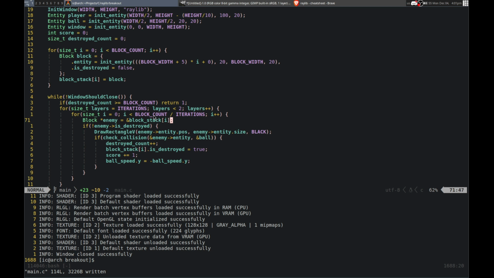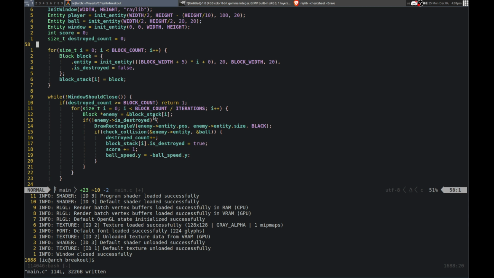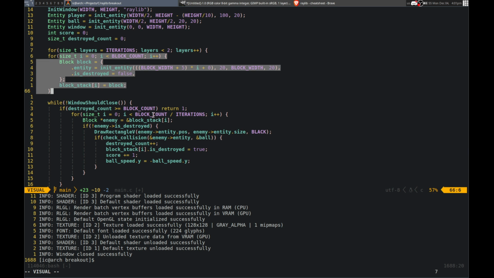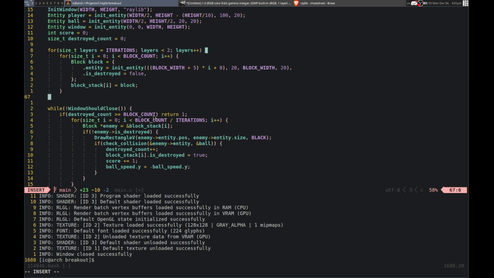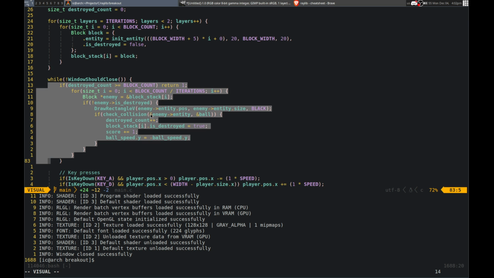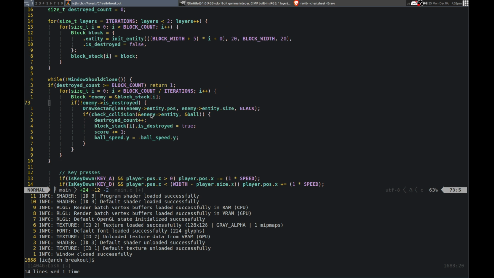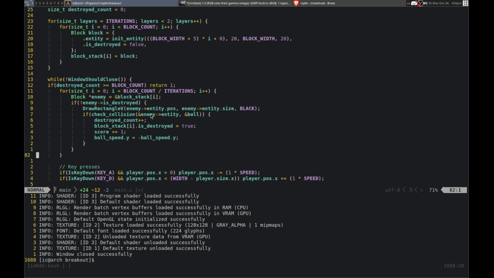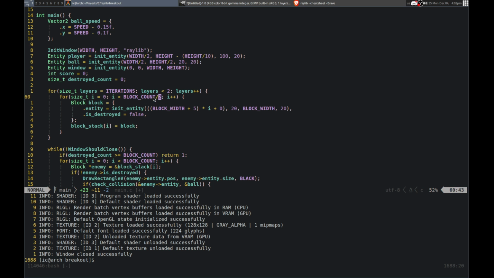So I think I did this in the wrong place then. Because I think we can just loop through, because it doesn't really matter because they're all in the same thing. So this, whoops, that is what I want to do there, and then here can just be a regular loop. Whoops, I actually messed that up. So that needs to be indented. All right. Yes, we can just loop through one time with this, like that. But this one needs to be divided by 2, divided by iterations, rather. And then here,